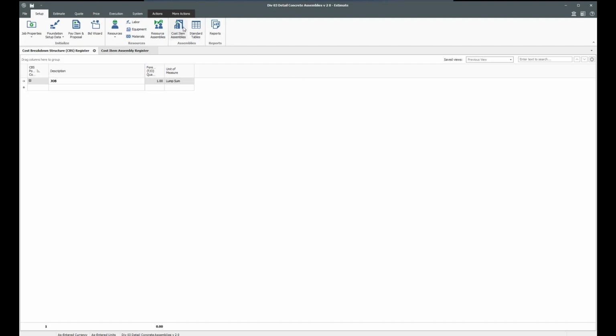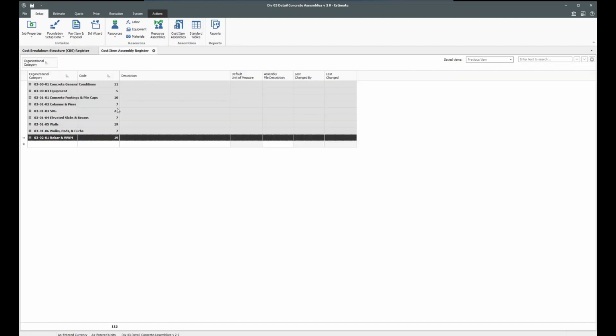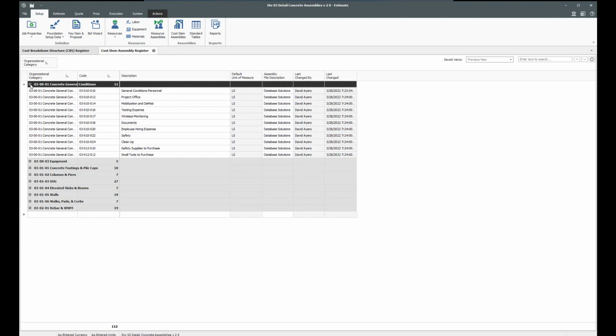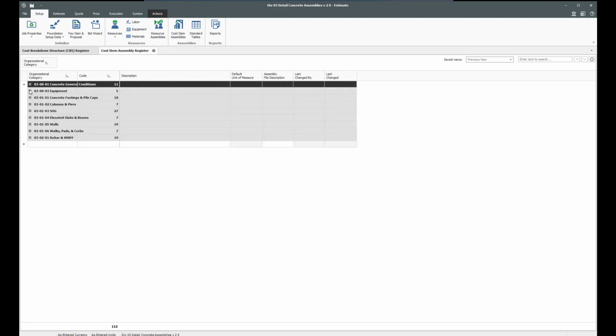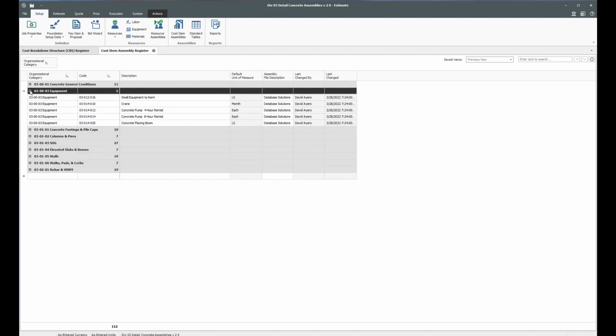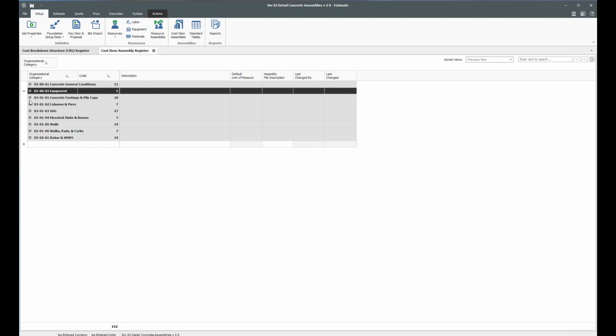We go to the cost item assemblies. Here is a list of all of the assemblies in condensed mode. Every one of these lines opens up to multiple assemblies. There are concrete general conditions issues, project personnel, mobilization, testing issues, documentation, safety, cleanup, equipment issues, pumps, cranes, small tools,